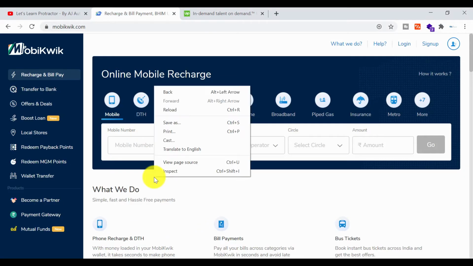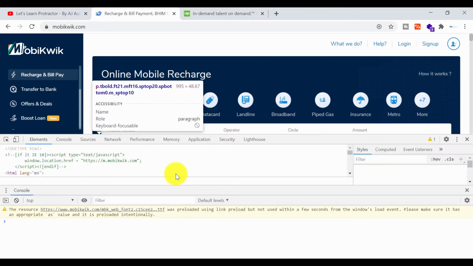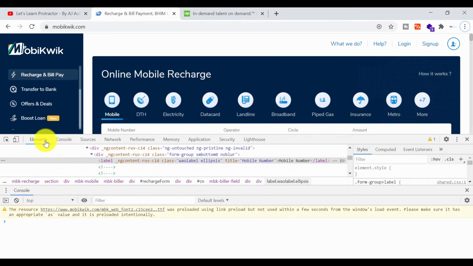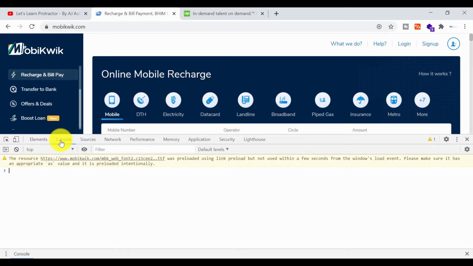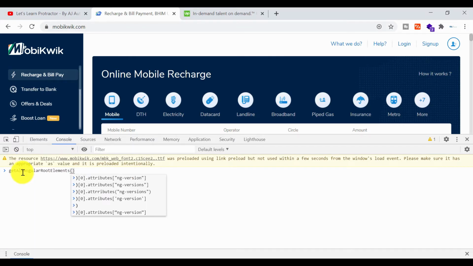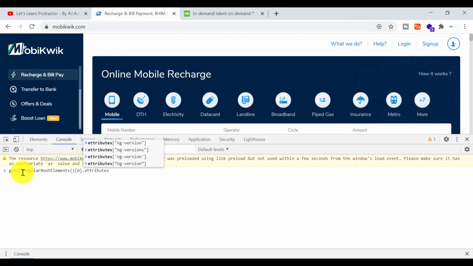Just right click on the page and click on inspect. Go to the console tab, and right here type getAllAngularRootElements(), square bracket 0, dot attributes, bracket, double quote, ng-version.